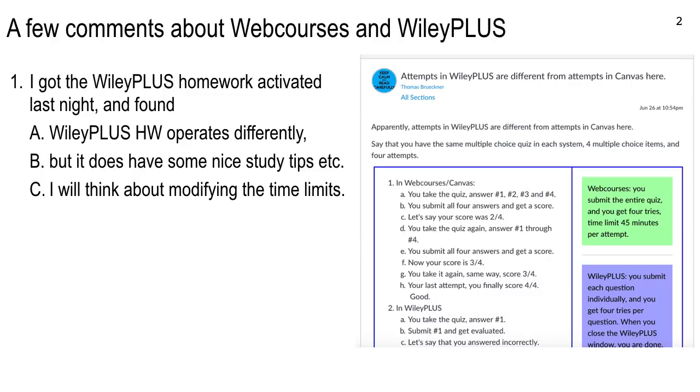The other thing I noticed is that in a Web Courses assignment, normally I set it to 45 minutes. Most of the time, that's plenty of time to work on it and do a little study and then work on another problem and then a little more study and maybe get your homework done and then submit it and then see what you got and go back and study some more and then give it another shot. That doesn't work that way in Wiley Plus. So I'm thinking that I might make the time limits like 2 hours on the Wiley Plus assignments,